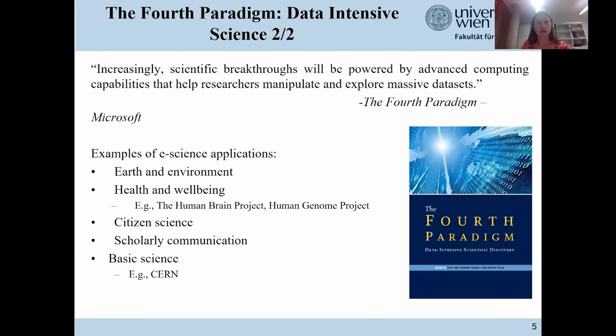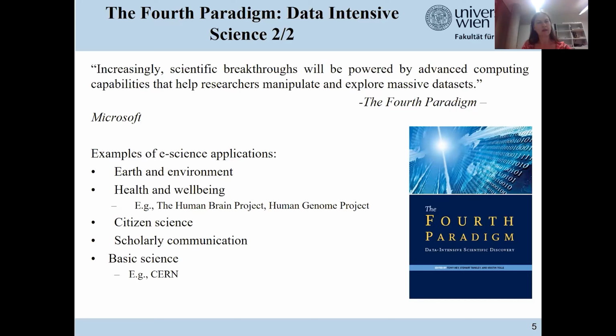So as I said, scientific breakthroughs are nowadays really empowered by advanced computing methods in different areas. In earth sciences and environmental sciences, when you think about climate change and, for instance, predicting weather and climate phenomena, you really need algorithms operating on massive data.